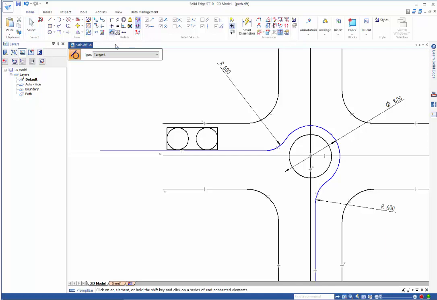So if I go and show, you can use the tangent command, click on the circle inside the block, and then if I hold the shift key down and select the elements of that path, I can then say it's got to be tangent to that whole thing, and then when I let go, it builds that tangency in. So if I do the same again, hold the shift key down for the path, I can then constrain both those circles tangent to that arc,